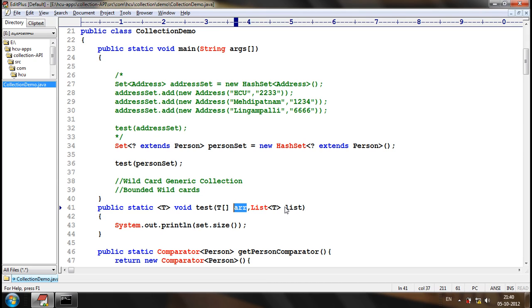No, just because if we use wildcards, we cannot add any elements to the collection. So this requirement cannot be achieved using wildcards, just because once we use wildcards, we cannot add any elements to that collection. So for this kind of requirement, we use generic types. Now what we do is